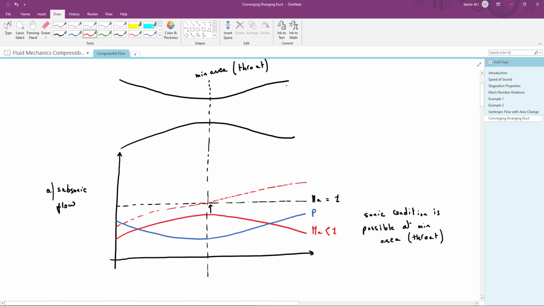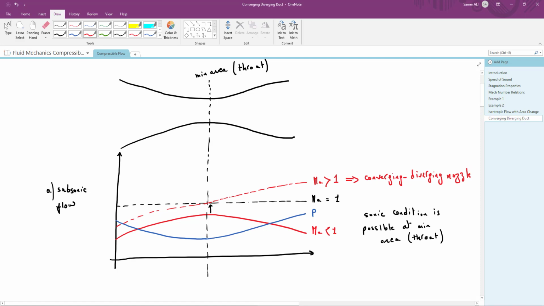And we said that the diverging section will act as a nozzle for supersonic flow. So here the Mach number at the exit will reach values greater than 1. And in fact, in this case, we call the converging diverging duct a converging diverging nozzle. So a converging diverging nozzle will accelerate the flow from subsonic up to the supersonic speeds, and this is